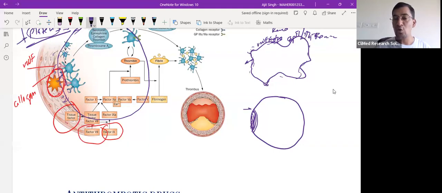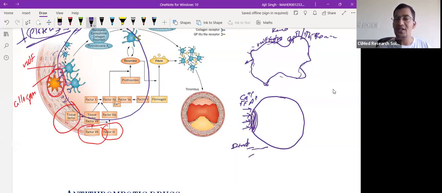So right now when I'm talking, platelets are just coming, activating and aggregating here. So this plaque is softened, this plaque is very soft because only platelets are getting aggregated here, right? But the other particles which are flowing nearby, like calcium ions, okay, and free fatty acids, okay, and other